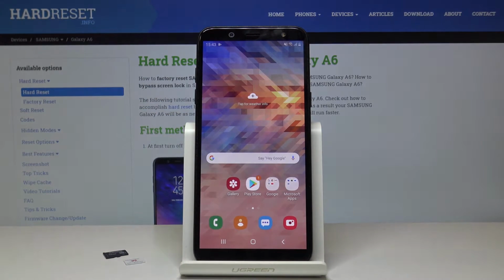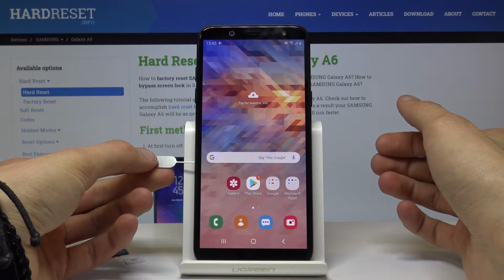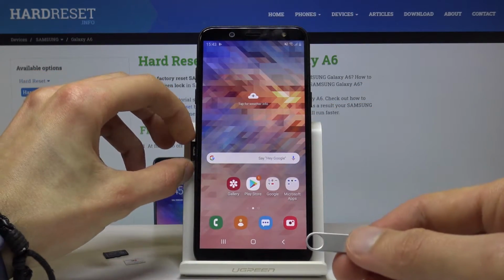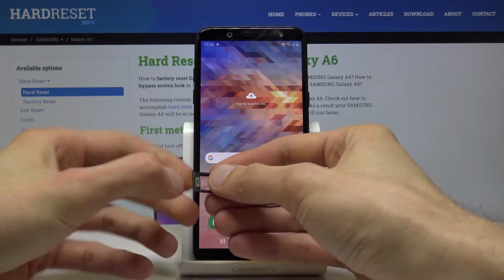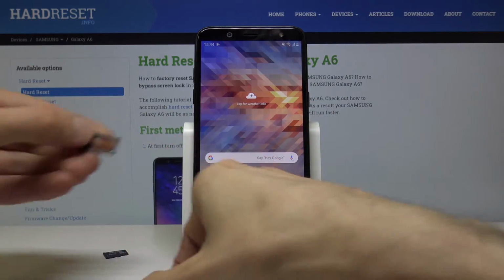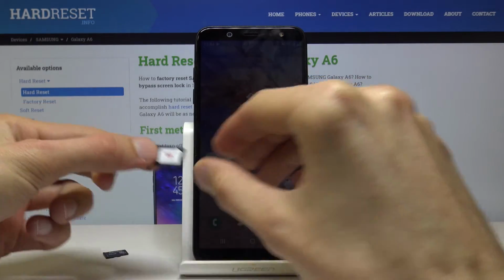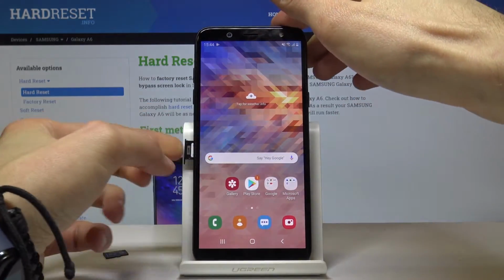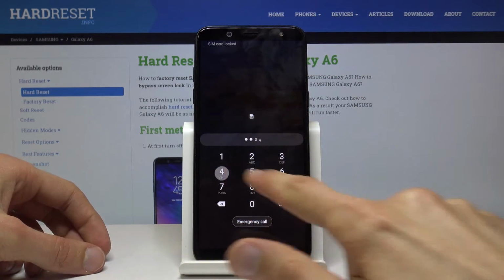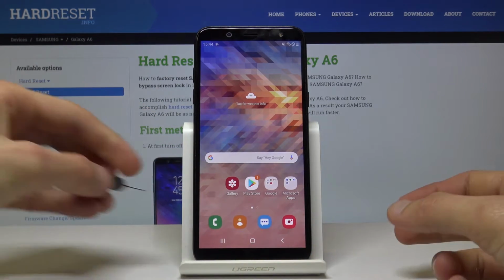as well. So to insert SIM card, you want to push out the first tray from the top on the left side. So this is the smaller one. Once you take it out, you can see it's written SIM on here. If we can get a look at there. And from here, you want to just pop in your SIM card like so, and slide it back into the device, and it should automatically give me a pin. There it is. So just unlock it, and then at the bottom, on the big one, you can take that